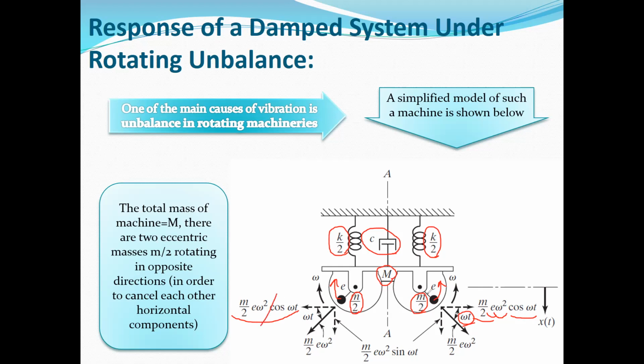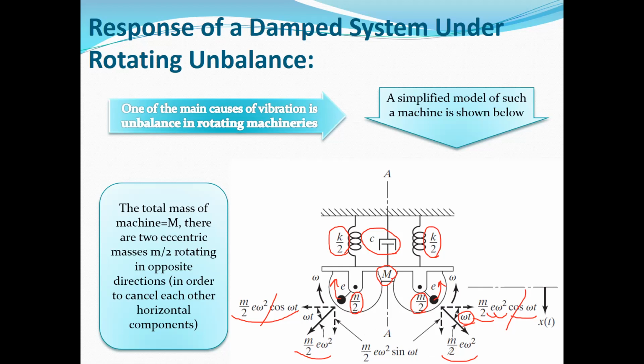So these two forces will cancel out each other, but the vertical components, both of them will have the same direction. So we only have one force in vertical direction. For example, in this moment, it will be in downward direction, and it's equal to m times the radius times